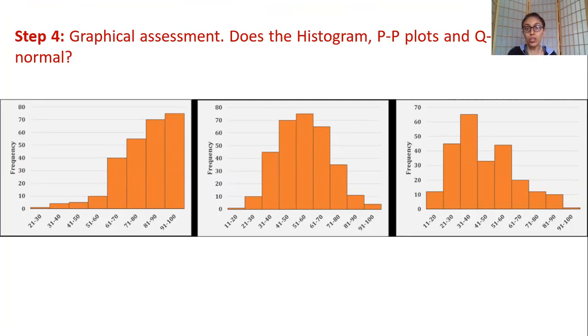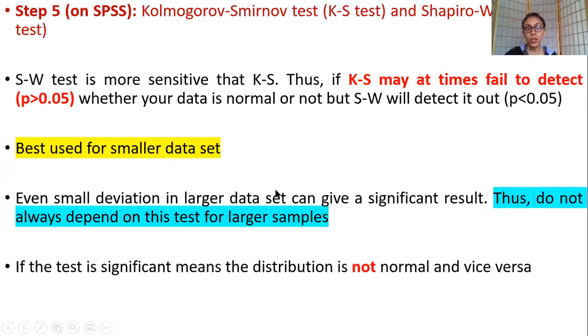You can also check your distribution via PP plots, QQ plots, and all of those various graphical representations we will be looking at in the coming lectures and tutorials. But there are various other ways of checking for normality, and all of those ways I have covered earlier with means, medians, skewness, standard errors, all of that. So I hope all this is making sense now. This is how you check for normal distribution.